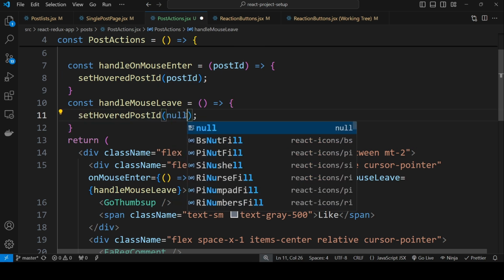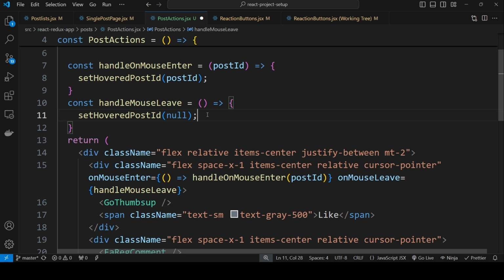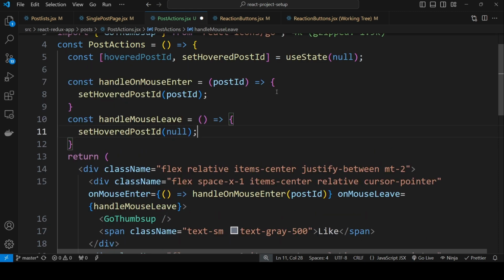Why? Because before we display the reactions pop-up, we are validating one condition, whether the hovered post ID and the post ID are the same or not. Then only we should display the reactions pop-up for that post. Otherwise, we should hide the reactions pop-up. That is the reason when we hover over the like button, we are updating the hovered post ID state variable with the respective post ID of that post. If it's moving away from the like button, we are setting it to null so that we hide the reactions pop-up. Okay, this is what we are doing with these